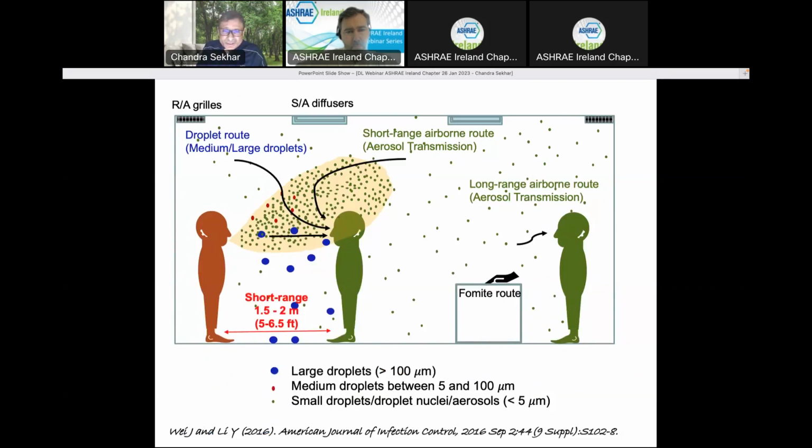This slide again, or somewhat similar to this, you may have seen it in other talks or presentations by others as well, is just to communicate that we have in a typical HVAC controlled building, supply air that brings the air into the room, then we have return grills, and potentially this person is infected, then these are other susceptible people in the room. And we talk about the short range distance and the long range distance.